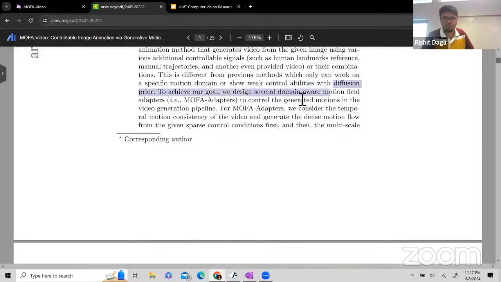Now let's talk about diffusion prior. Diffusion prior is a statistical model or technique used in the generation of data, such as images or video frames, that relies on a process of gradually transforming noise into the desired output. Basically, how a diffusion model works. In the context of this paper, in image and video generation, diffusion models are used to iteratively refine an image from a noisy starting point, guided by learned patterns in the data. But relying solely on a diffusion prior can lead to less control over specific aspects of the generated motion. The term